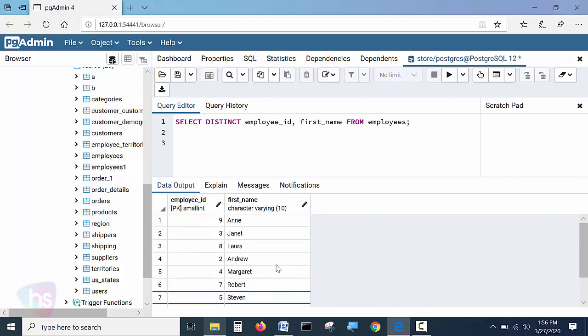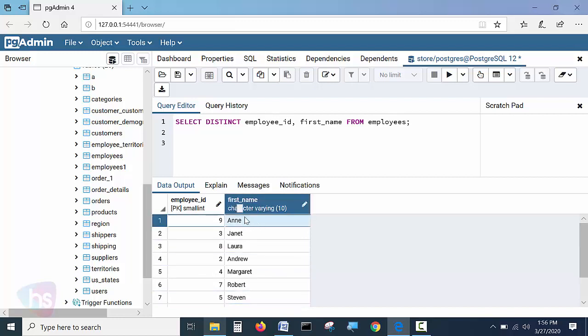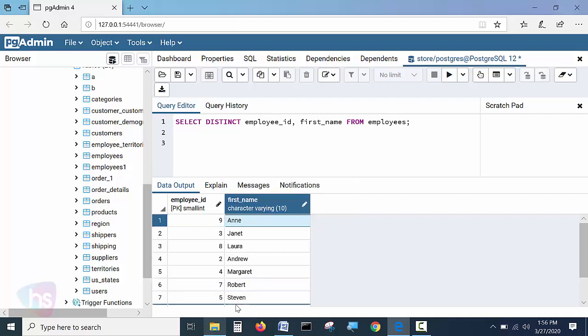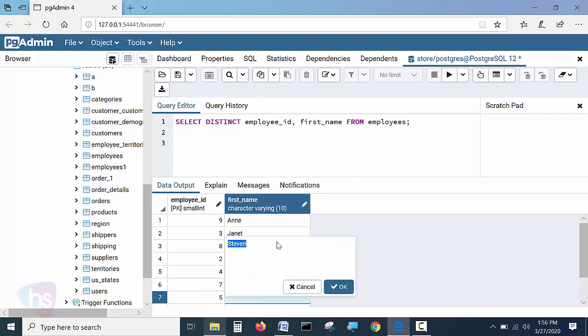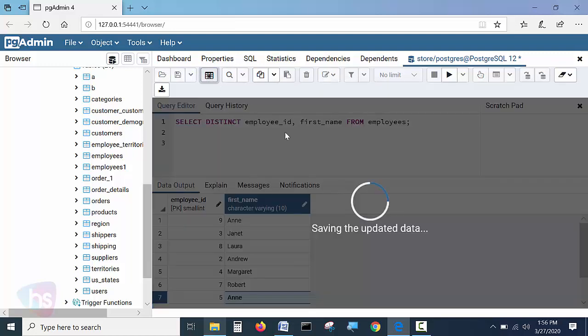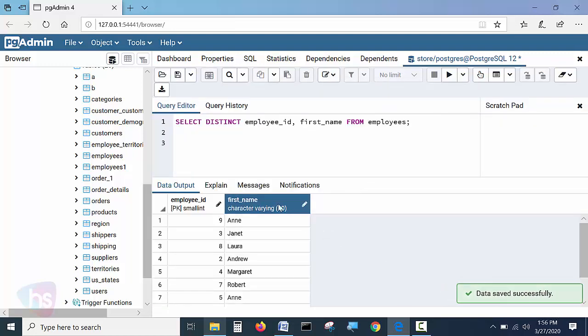Now I can make the name Annie the same as Steven. We'll see now; I'm saving the table. Data saved successfully with the help of this tool, Save changes in database, like F6.